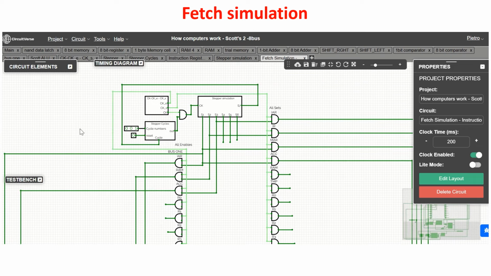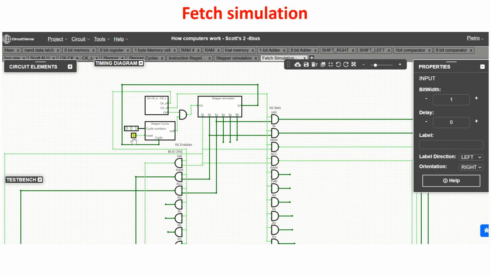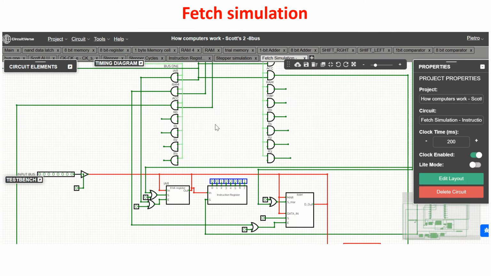In order to run the simulation, I use this counter, which always has to run just 1 cycle of the stepper and then stop. Otherwise, I keep doing the same operation over and over. I don't get the result we expect. So I put here the number 1. So this means that I want just 1 stepper cycle. So let's do it. Okay, you see one stepper cycle is just gone,